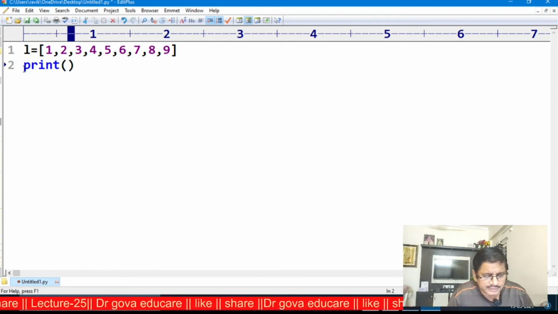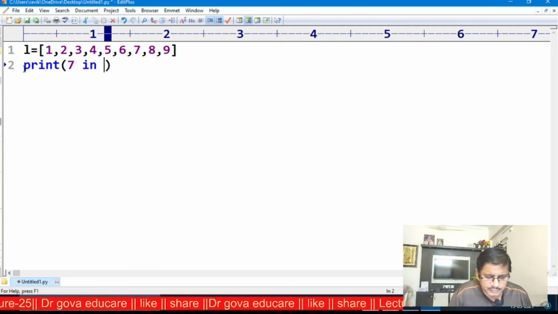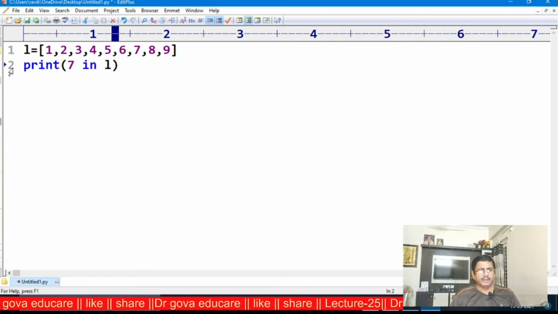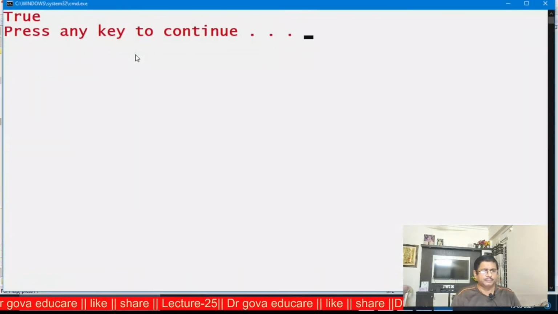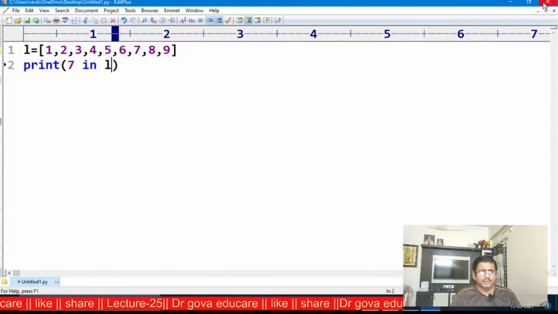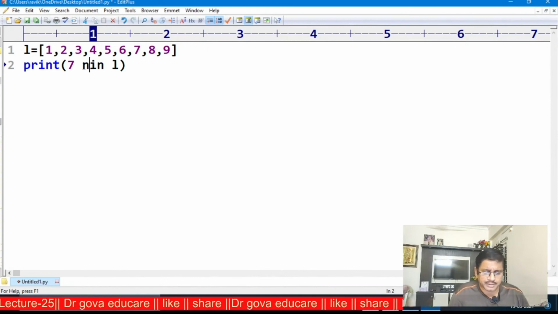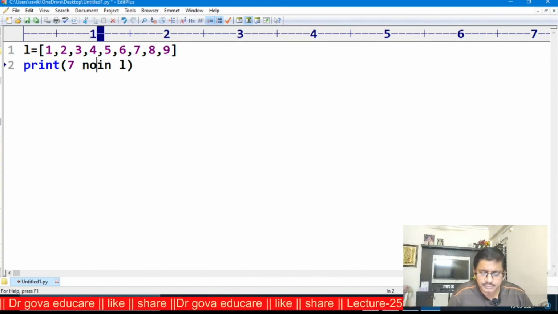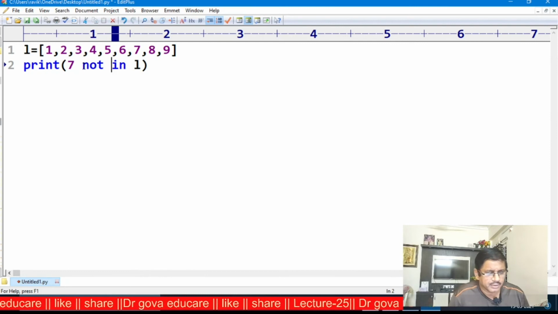Suppose 7 in L. The element 7 is in the list. The output is true. Not in is a reverse operation, so the output is false.